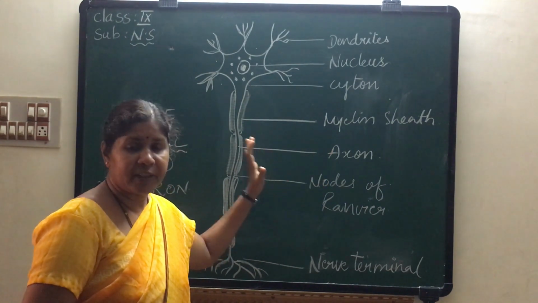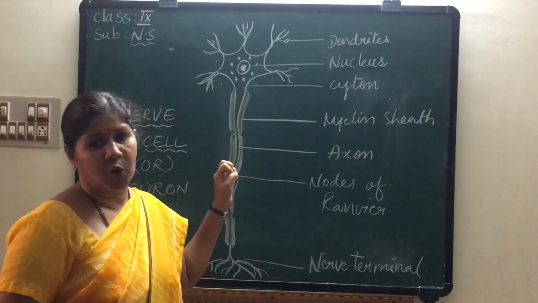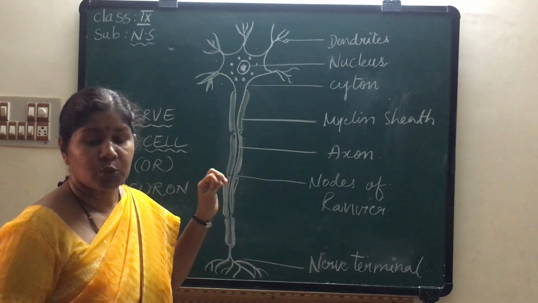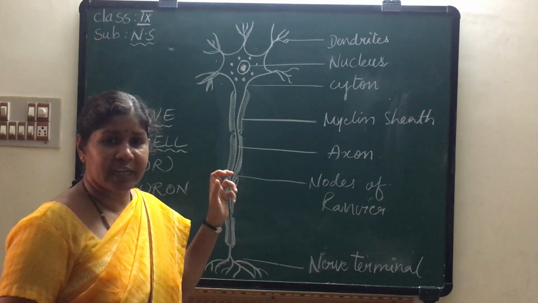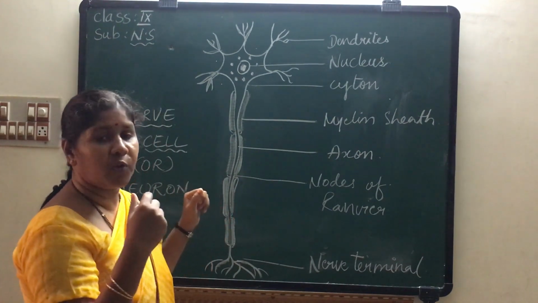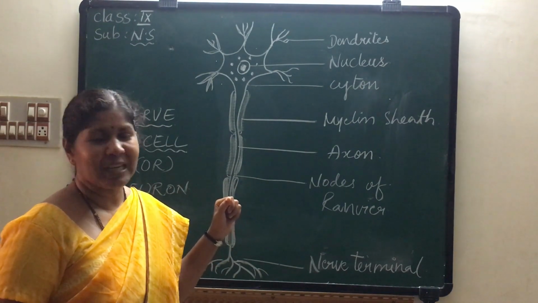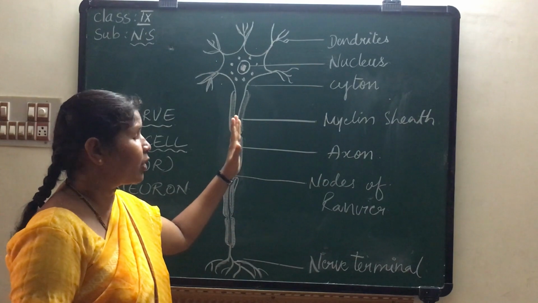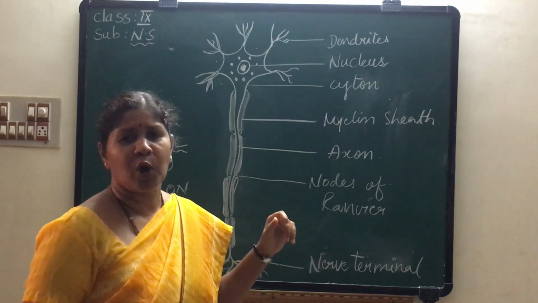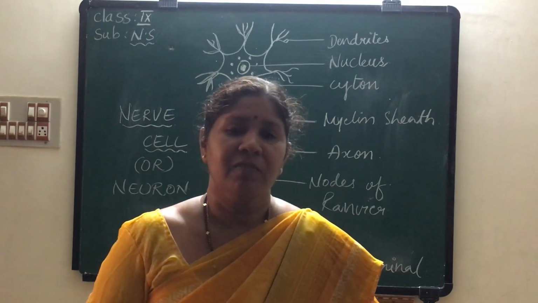In this manner, they will carry the message from one body organ to another body organ. That is why we are able to reach or catch whatever is happening surrounding our body or in the environment. So passage of the messages will be done only through a small electric form, which is known as the action potential.